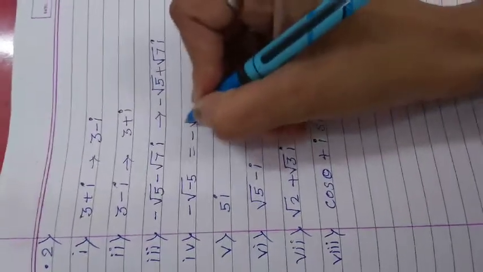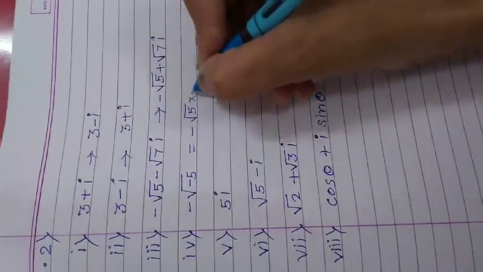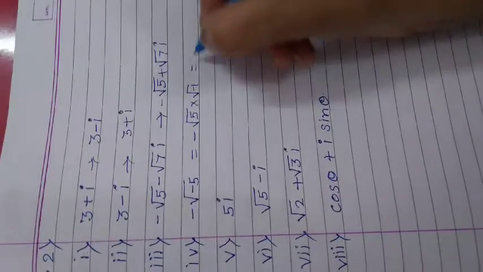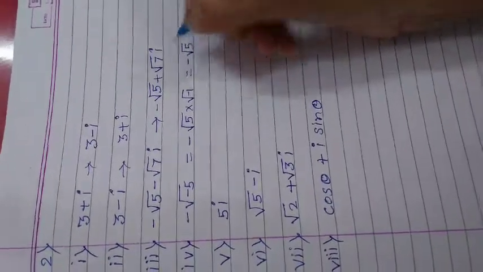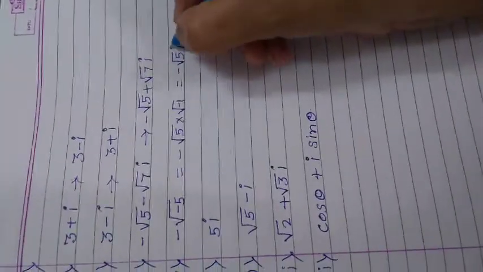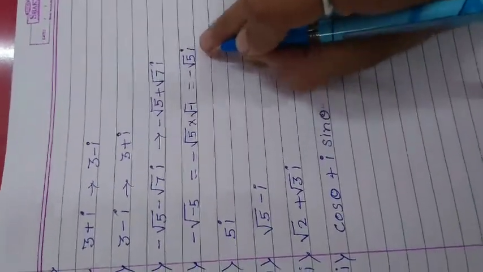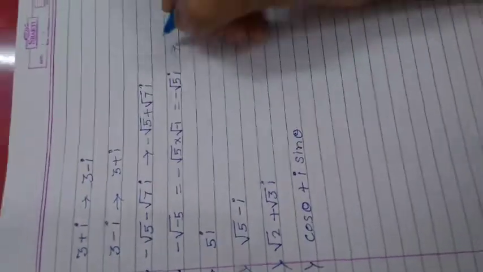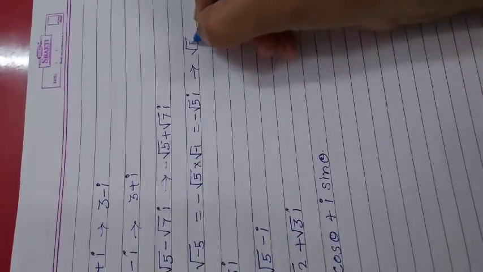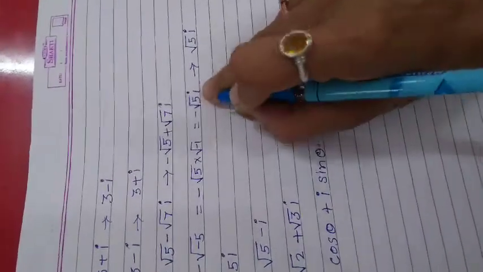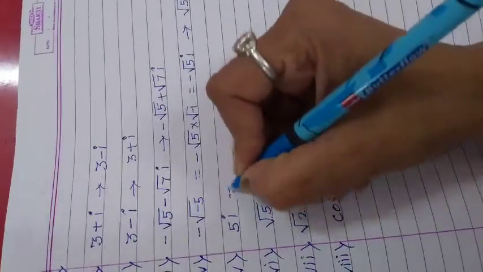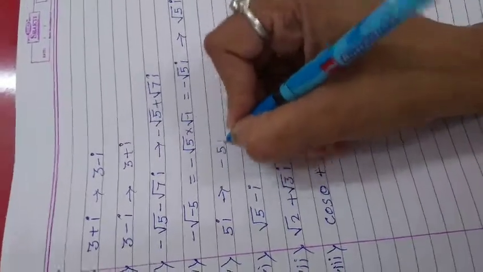Now in this example, minus of minus root 5. So first of all, we'll write this as minus of root 5 into root minus 1. So this is minus of root 5 and root minus 1 means I. Now this has only an imaginary part and there is no real part. So the conjugate of this is root 5I, because this is minus root 5I. So the conjugate is root 5I. Now for this, it is minus 5I.